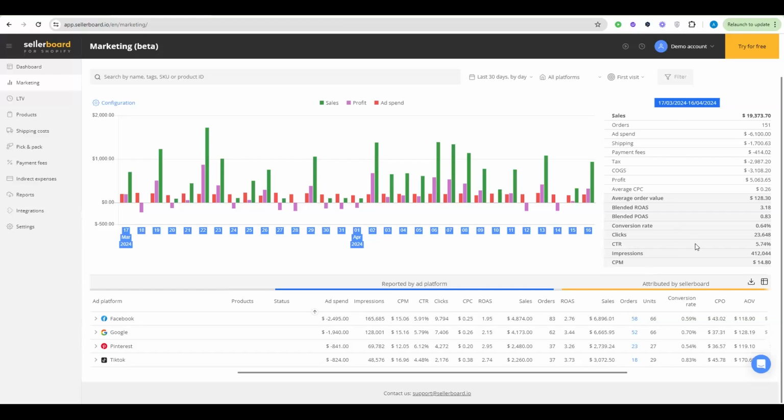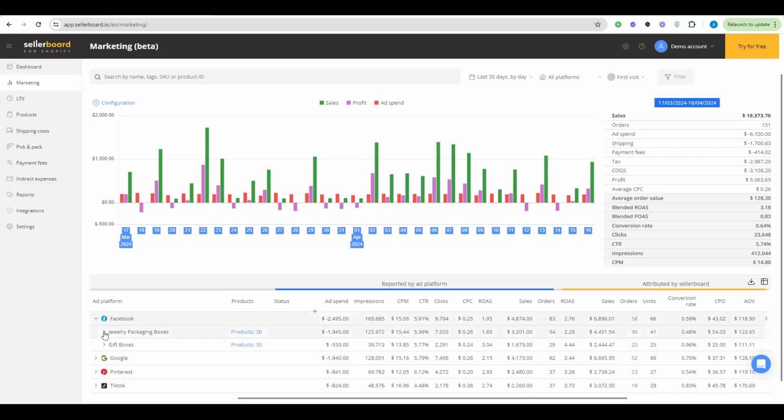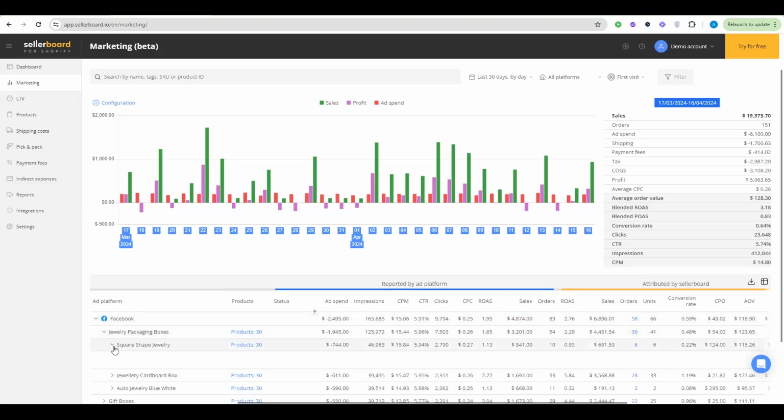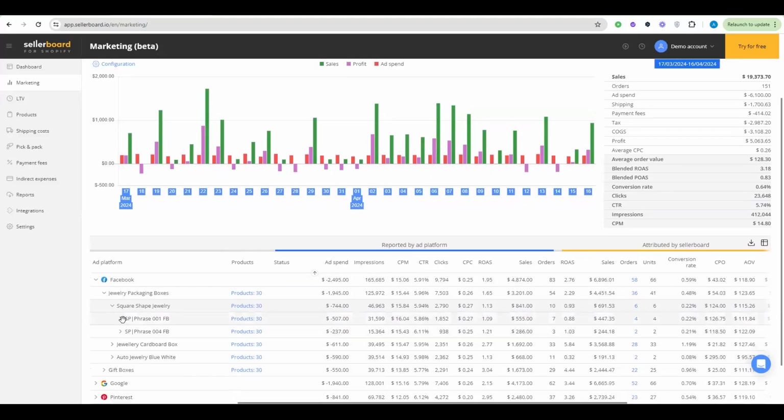So you'll have all of that here on the right. And at the bottom, you will have your advertising platforms with the possibility to analyze the main metrics for the advertising performance on an ad platform account. And then if I expand that, on an advertising account level also, and on an ad group level, and finally on a campaign level. So all of these levels will be available to you for analysis.